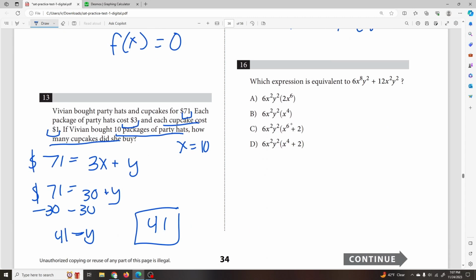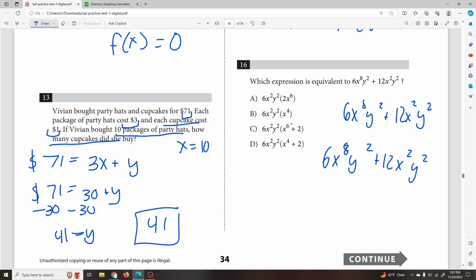16 says, which expression is equivalent to 6x to the power of 8 y squared plus 2x squared y squared, right? So which one of these is equivalent? In other words, which one of these are equal to one another? It's just asking you to simplify this. Whenever you have to simplify something, just look at what you can take out of both terms. So what do both terms have in common? Well, they have a y in common. They also have an x in common,